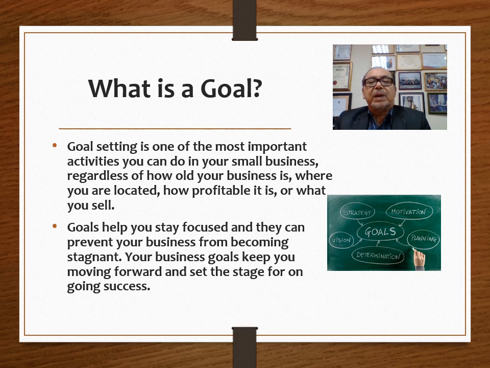So these 5 components are very important for you to achieve your goals. If you don't have these 5 in your planning, you can never achieve your goal, or you can never succeed. These are the basic components. There are many other things you can add on later, but these are the basic 5 components that you need to plan for your goals.